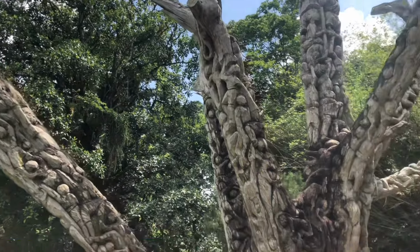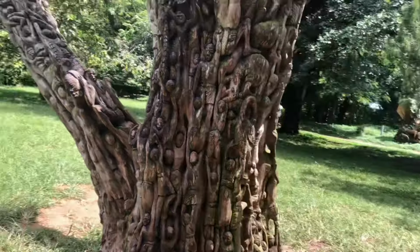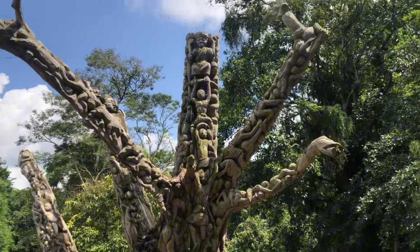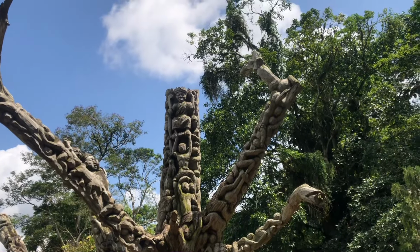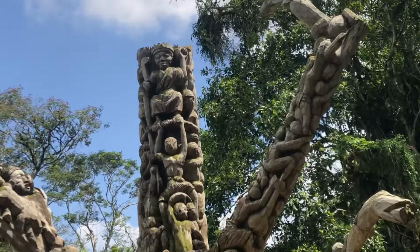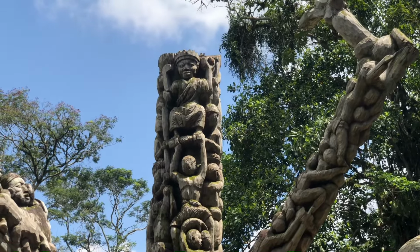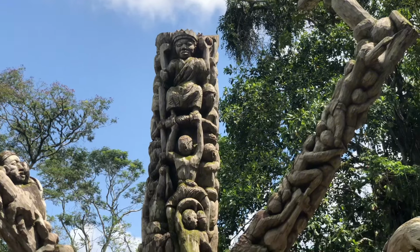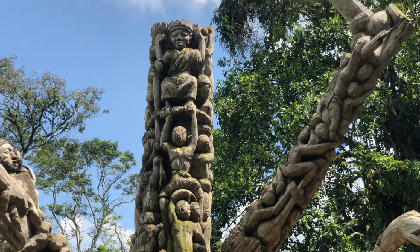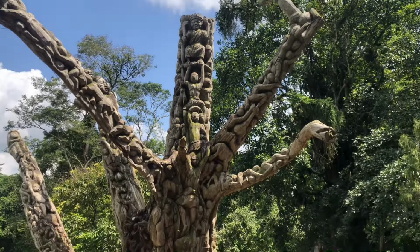When you come back here and look at the top, you will notice there are leaders up there, like a king. Okay, so that's a king. And when you get close to the tree, at the bottom, there's a baby. It means that every human being in society starts from the bottom like a baby. And when we are growing up...